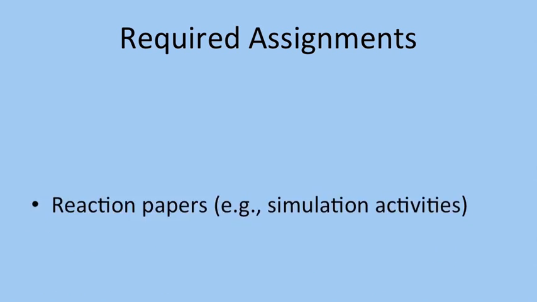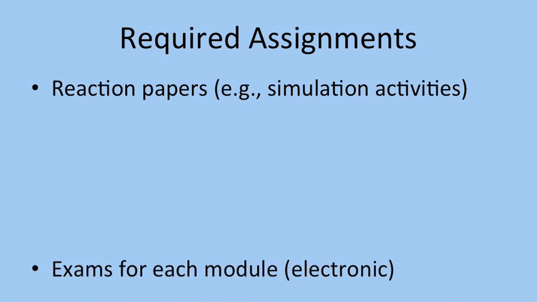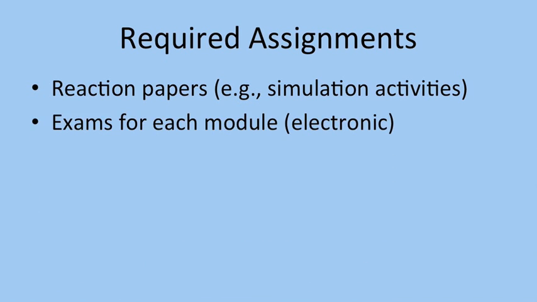All right, so what do you really have to do to get through this class? First, the reaction papers. There'll be more specific directions on these, but basically there are simulation activities that all you have to do is respond. I'm looking for your reaction. There's really no research involved in this. There will be exams after each module, which includes 5 chapters. They will be electronic, and you will take these over at Schrank Hall North at the Computer-Based Testing Center. There will be more specific directions later on.